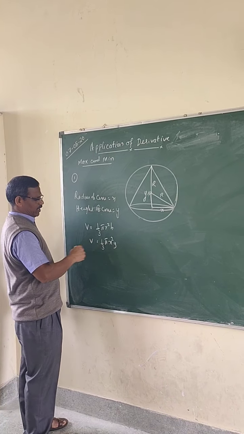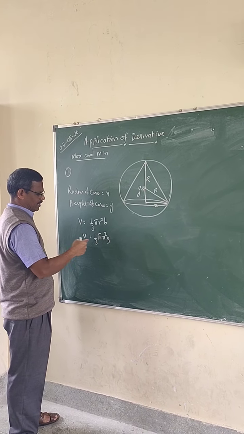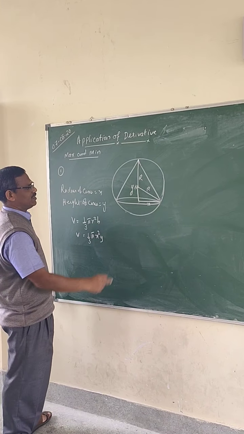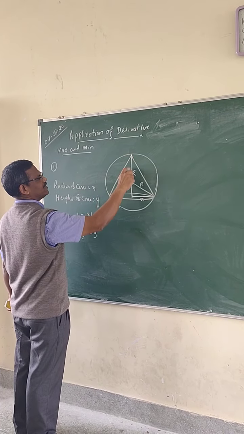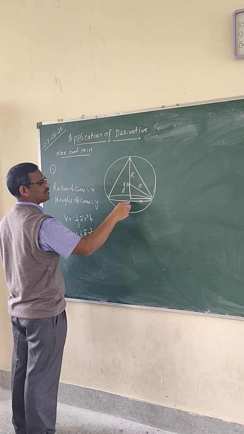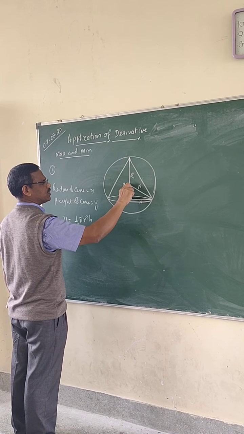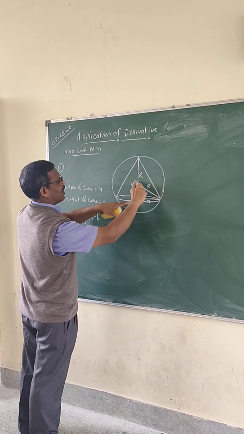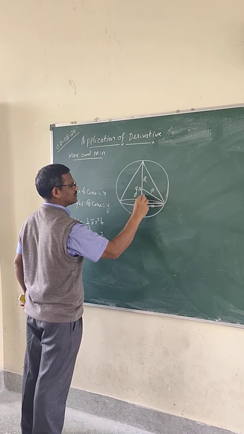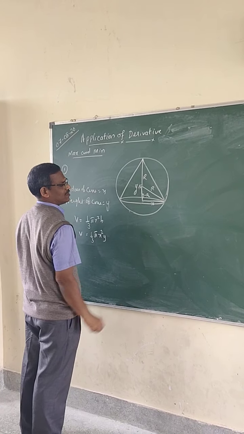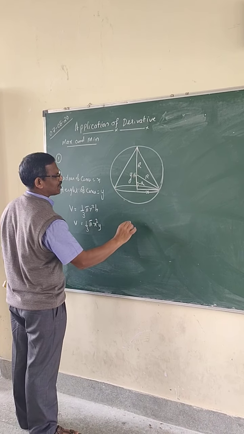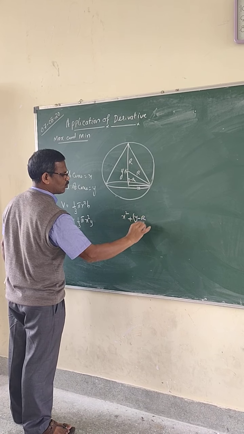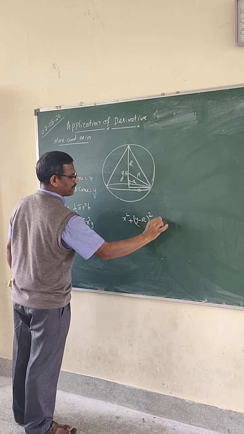Now here there are two variables, you cannot differentiate directly, so we should have some method to convert one variable in terms of the other. Now see the figure here, this is also r and this full length is y. So this portion alone will be y minus r. So this is y minus r. Now by using the Pythagoras theorem, you will get that x square plus y minus r whole square is equal to r square.